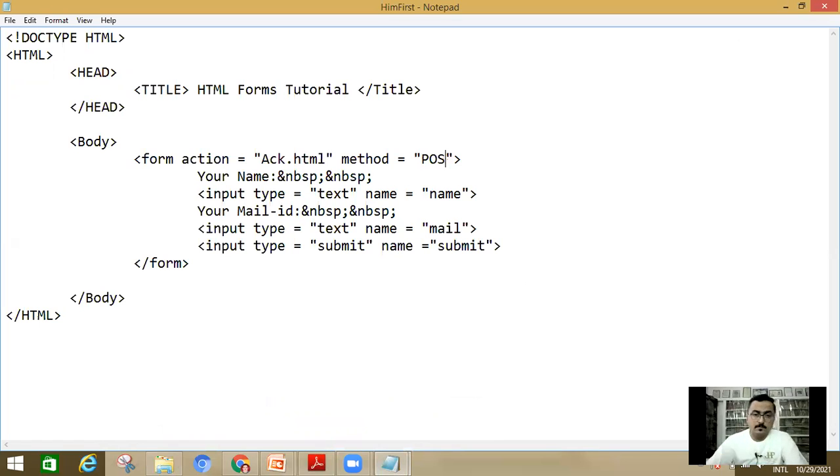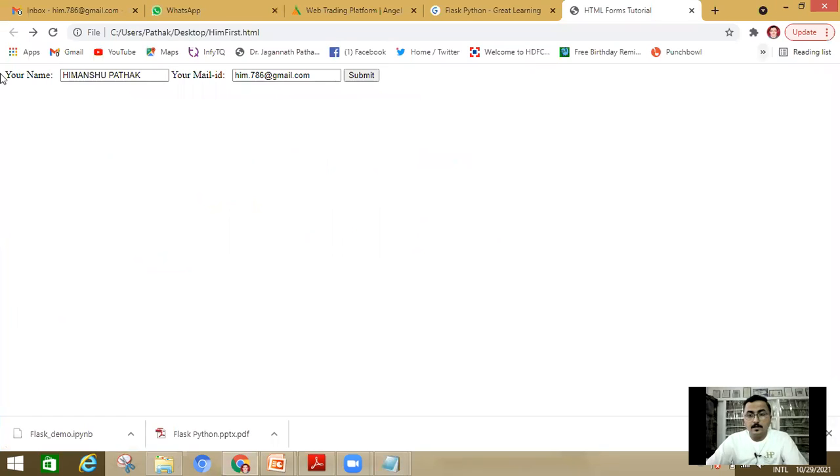Now, let us see what will happen. I'm going to save that file. Now I'm going to refresh that page. Everything is okay. Now again I am going to put some value here. Now I'm going to click on the submit button. Here you can see the difference.